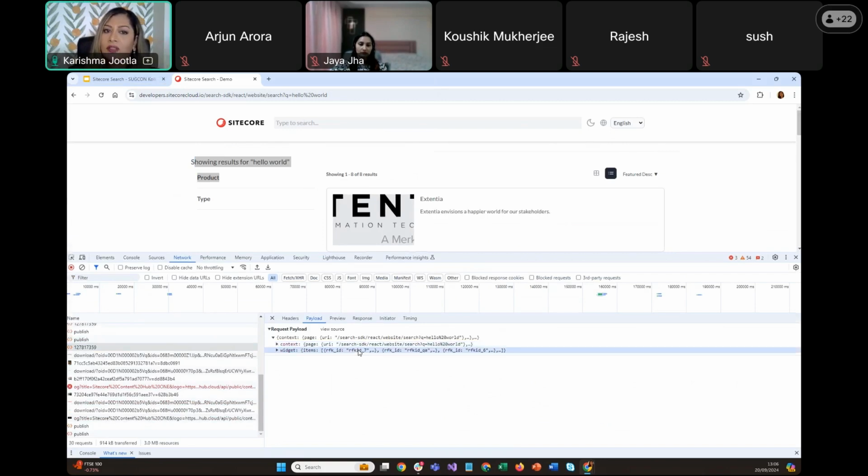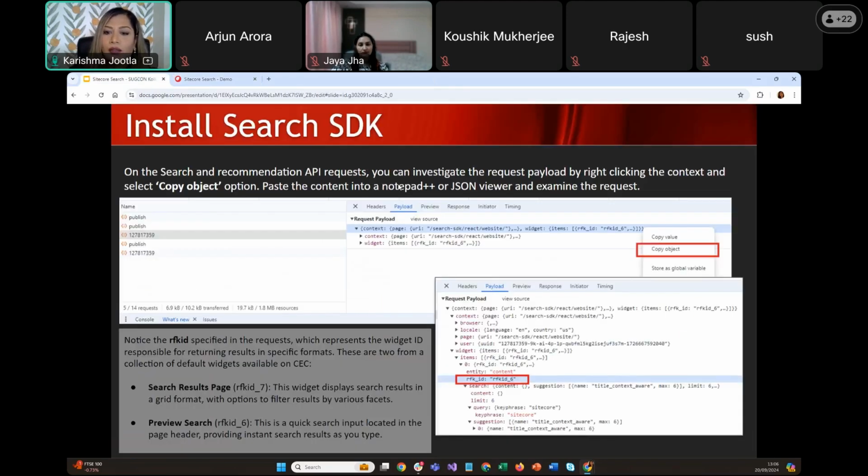So it's gone to the search results page widget and brought back that result. So you can configure widgets, create new widgets for your own use case scenario. So we have a component on our client website which brings back all the latest blogs. So we have created a widget for that, and it brings back all the latest blogs based on the tags